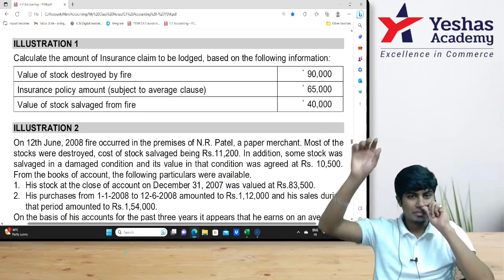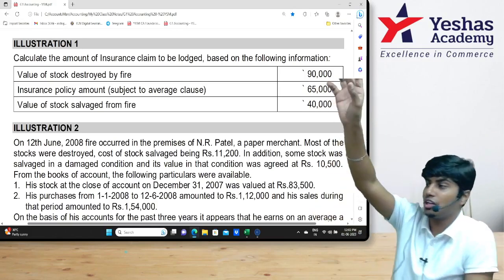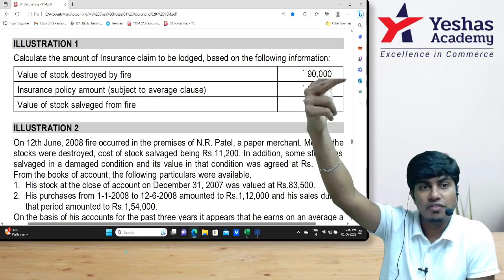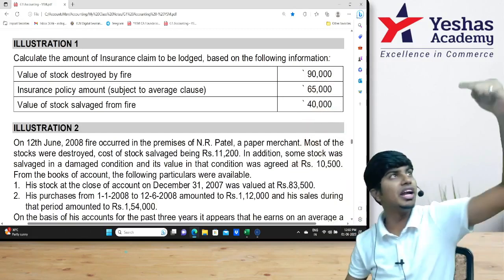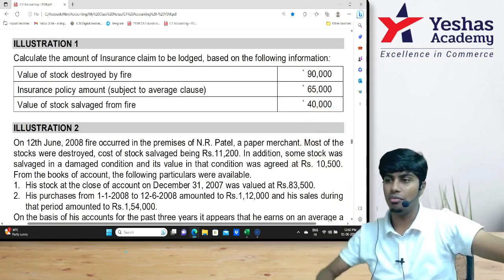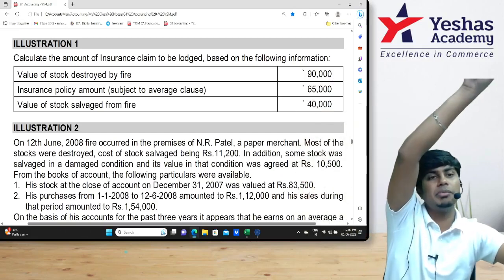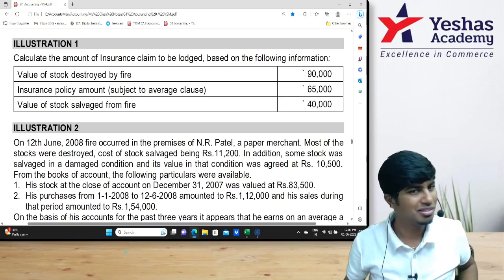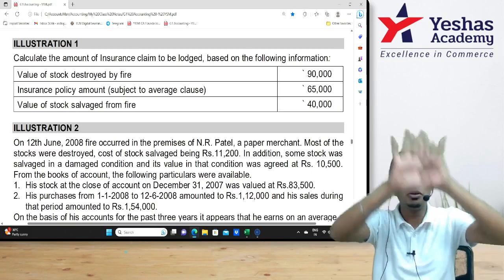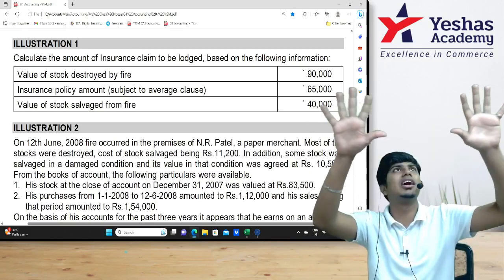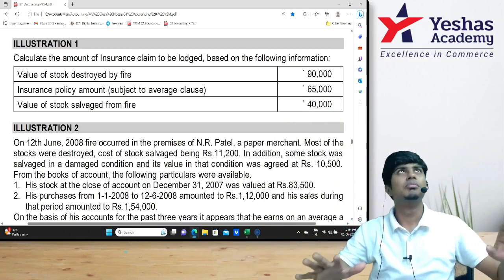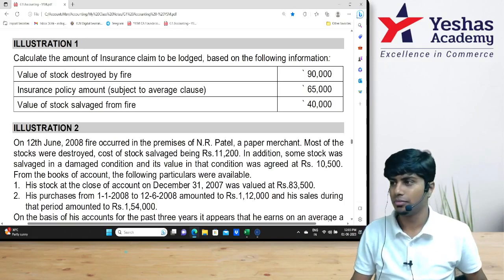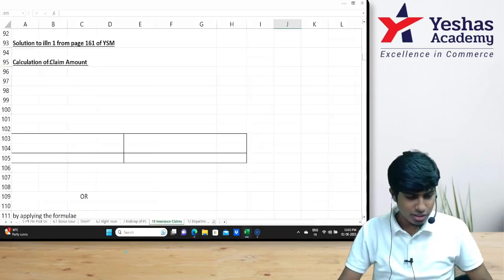Not understanding? We'll start with stock as on date of fire, insurable amount. From that we deduct salvage. We get loss of stock. Here we write policy amount. We should find claim. Loss of stock multiplied by policy amount divided by insurable amount is claim amount. Not getting it? We should be able to see the numbers like this. Here you should be able to see everything. Above is the memorandum account, below is the claim. Are you getting what I'm trying to tell?